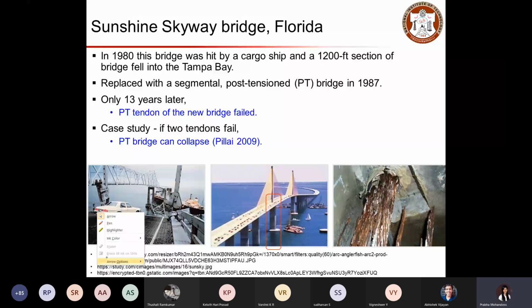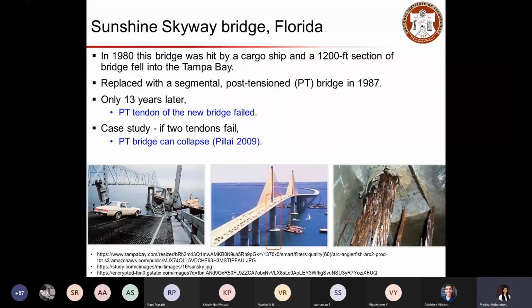Typically, what would be the service life of the bridge that we construct? 100 years. Yes, we expect the bridge to serve for 100+ years, right? And then we do retrofitting work if required to enhance the performance. We generally don't go with demolition of bridges unless it is required in the worst case. So we check the condition, and if required, we do repair and rehabilitation work to enhance the performance to meet the demand.